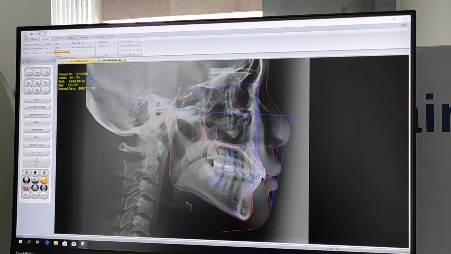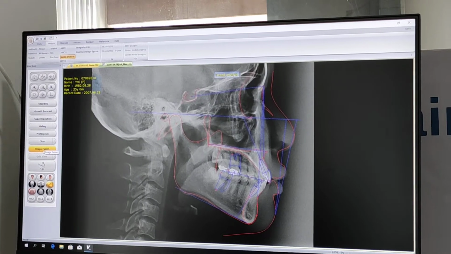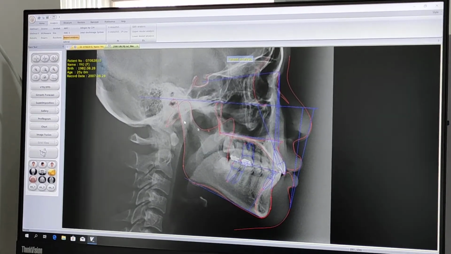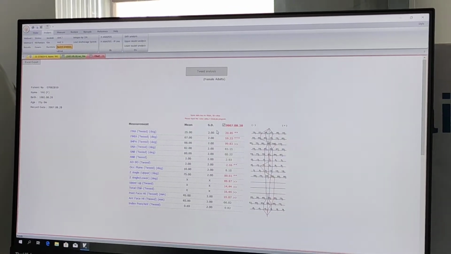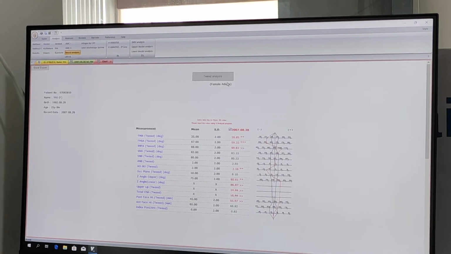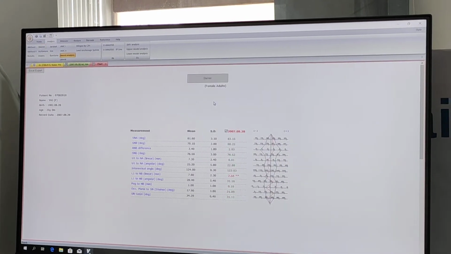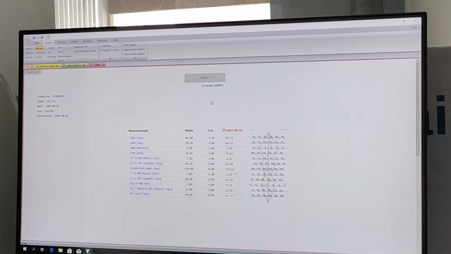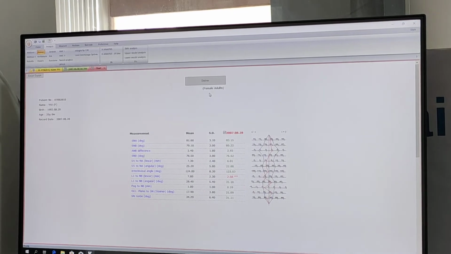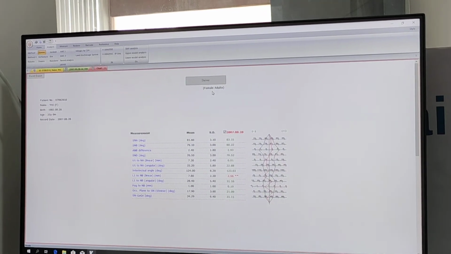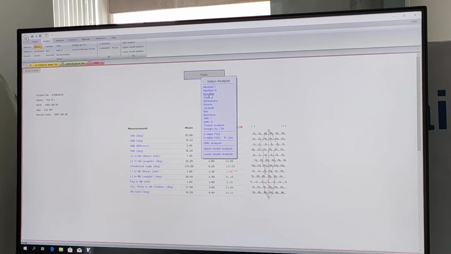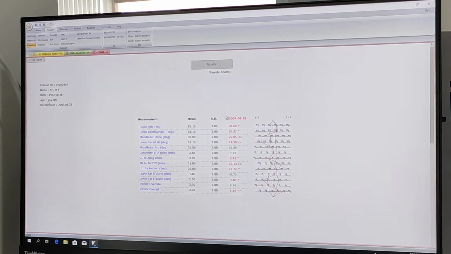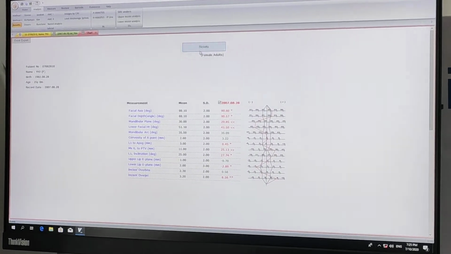Now there are different tabs over here. Image fusion is nothing but the mixing of two images, and then you have something called the chart. The chart will show you the charting of the analysis, and you can simply click on it and change the charting to Steiner or whatever analysis you want. Normally Ricketts analysis is done for female adults, and here the patient age is 25 years, so it shows female adults.